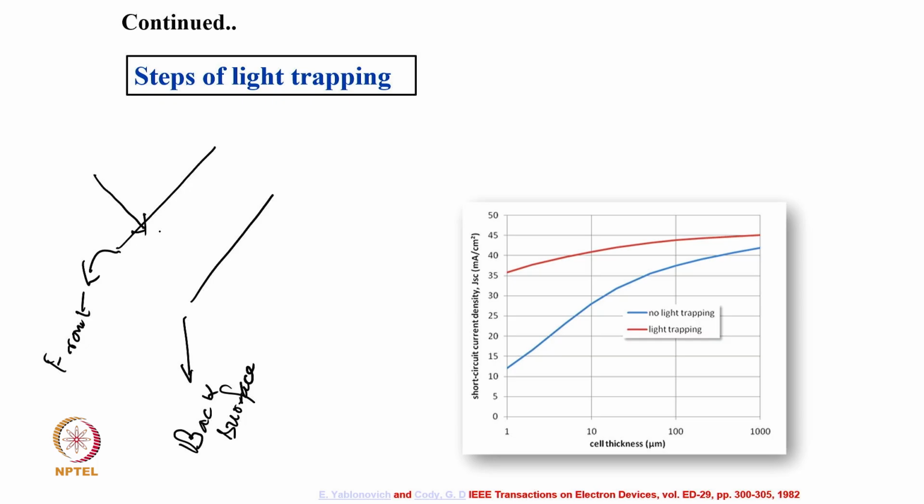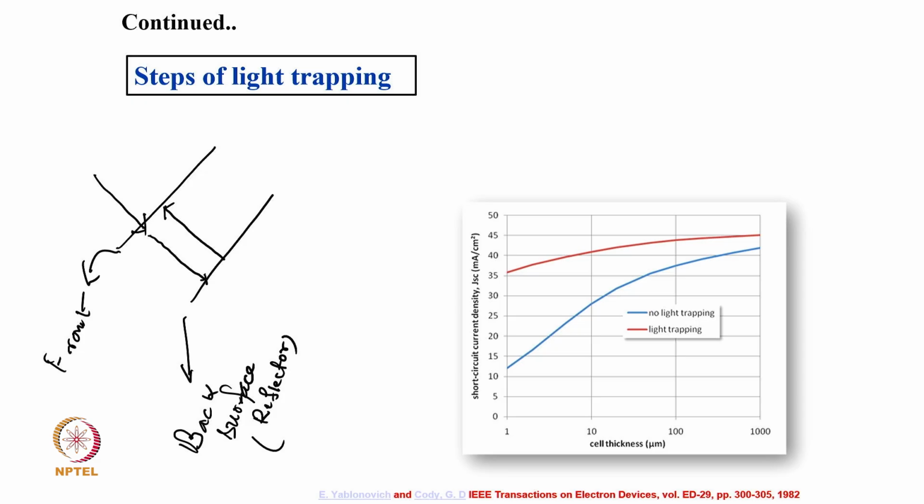Light falls in this structure. So you have two layers now, front and the back, and light falls in this manner. It gets reflected back here. So this is a typical optical path. If you have a back surface or a back reflector, you can reflect light back. If you do not have a back reflector, then the light will be transmitted.